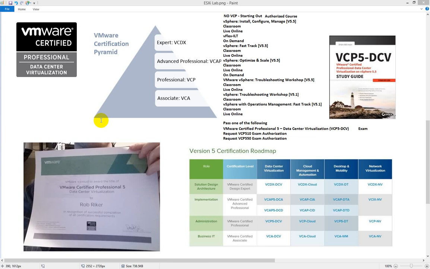That's like the next level for me, but I've decided to hold off for ESXi 6, which is that exam actually isn't available yet, and that's the VCIX, and I will talk about that coming up here in just a moment. Once you've done that, you have two different VCAP exams: data center administration, where you're actually configuring things and troubleshooting, and then you have the design exam, where you would be designing everything and getting